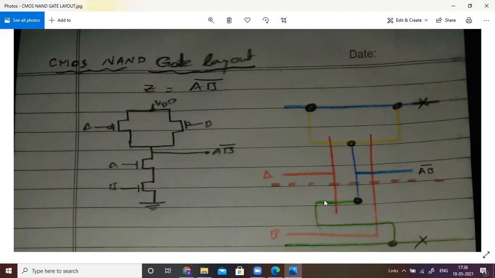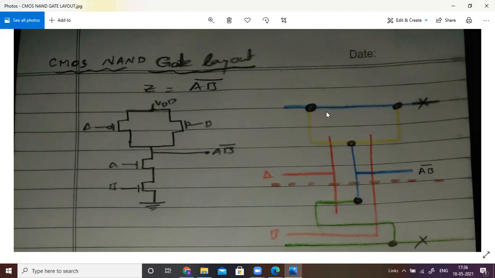Because the transistors are connected in series, the source is connected to the drain of the other transistor. This is the drain of the other transistor, and this is its source, which will be connected to the ground. So this is another contact we require here. Like this you can connect, and we have only two transistors in the pull up and pull down regions. We will require only two crosses, one cross on the VDD line, another cross on the VSS line. So this is the structure of the stick diagram of a CMOS NAND gate.